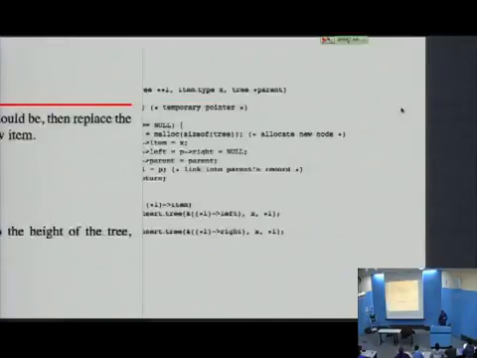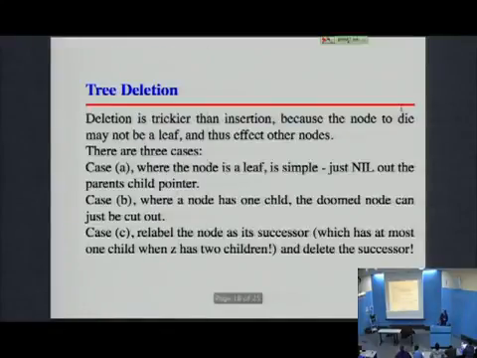Let's look at one last operation, and then I promise I will let you go for the day. But this one is a complicated operation. This is deletion. How do I delete a node from a tree? I'm given a pointer to the node for my deletion, so I don't have to find it, so that's good. But once I delete it, how can I delete it? It turns out to be tricky because